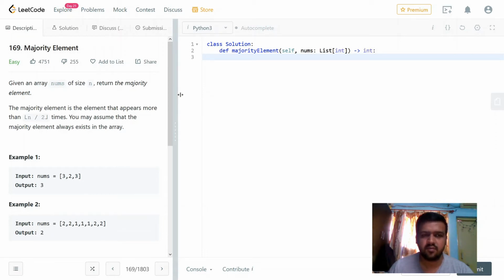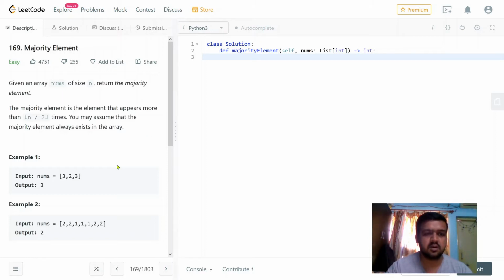If we have, let's say, an odd number of elements, let's say 9, and I divide 9 by 2, what I get is 4.5, right? But I will take the lower bound of it, so I will take 4. This is for integer operations. So we want to get the maximum repeated item, with the criteria of n by 2.